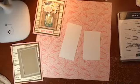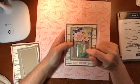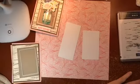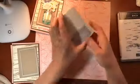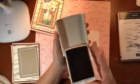And let's grab out what I did. I think I used my gray, I believe. Let's see here. Yes. Okay, so smoky slate is what I used because I don't want, I saw someone had